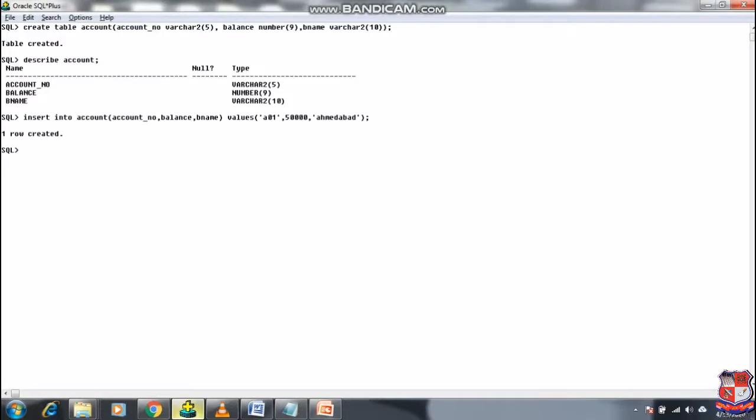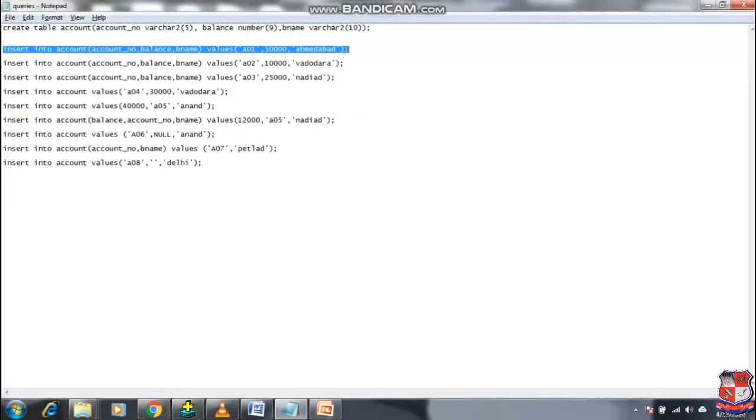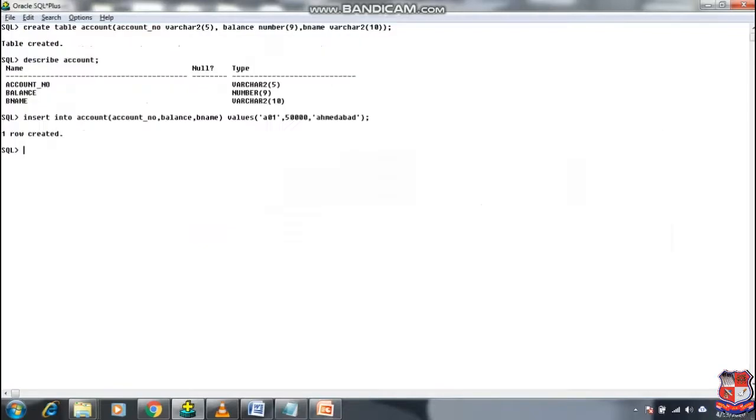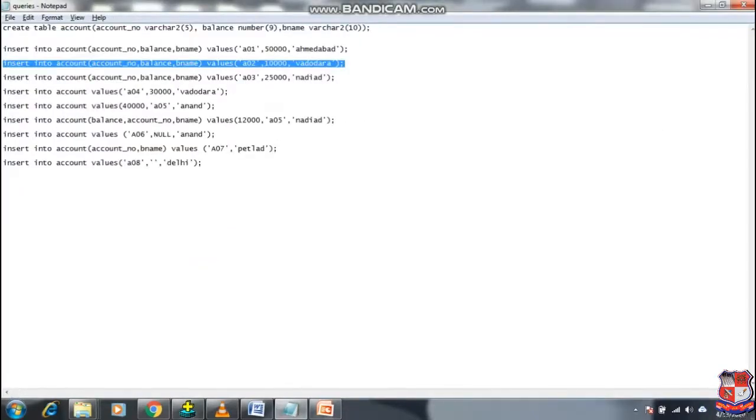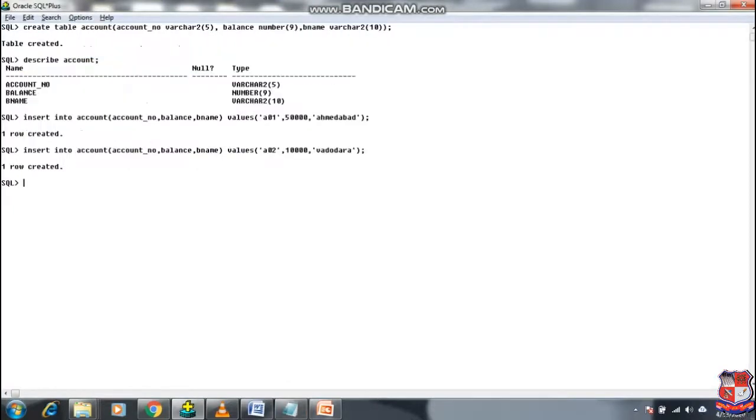I specified all three column names along with their respective values. Let us introduce other values too. I have inserted 3 records using the first format.